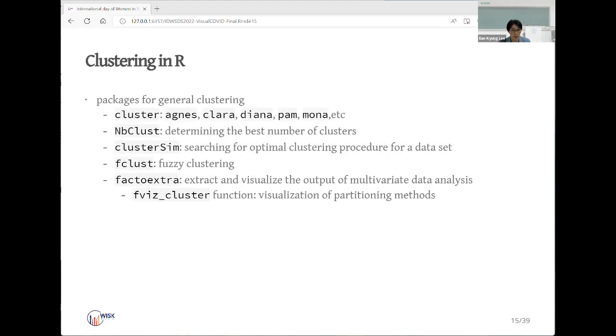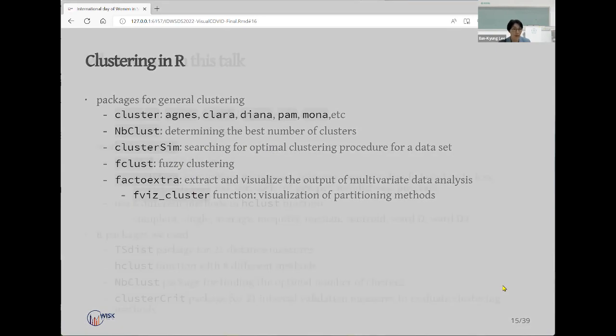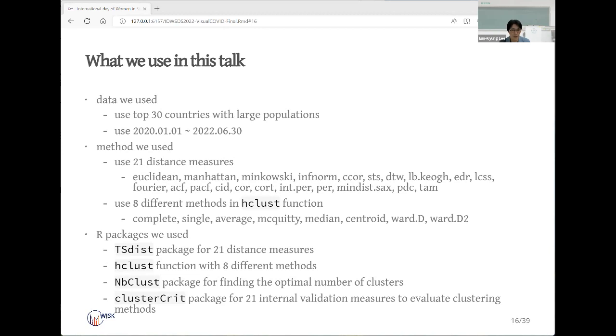And there are many packages for general clustering in R, such as cluster, NbClust, clusterSim, fclust, and vector cluster, etc. In the clustering with time series profiles, we use the top 30 countries with large populations and the data between January 2020 and June 2022.